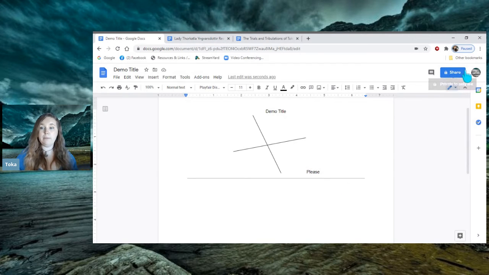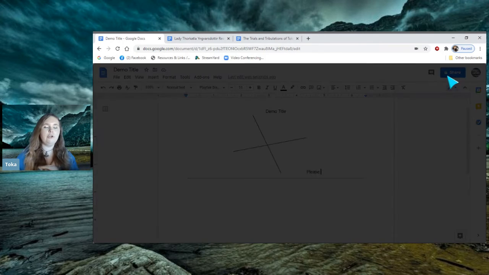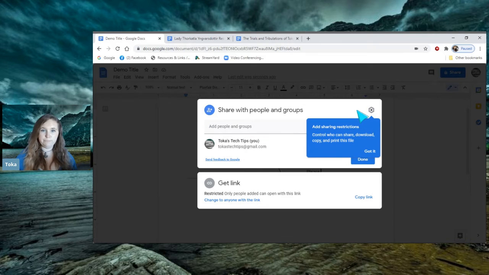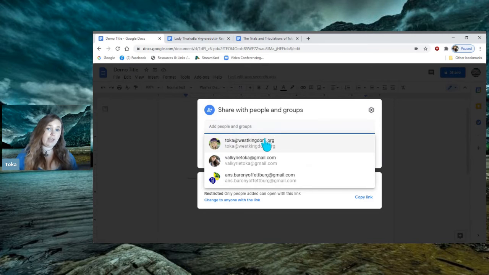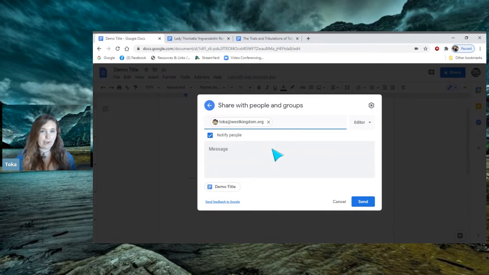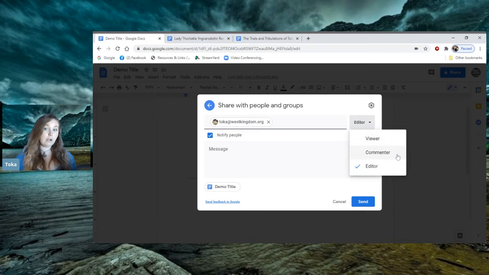So it will be a big blue button for Google Docs. Right now, when you hover over it, it says private to only me. There is a lock there. So our brain goes, oh, I'm the only person who will have access to it. No one else will be able to view it. If you want only one other person to view it, you can add that person. Let's just say I want my West Kingdom account to be able to access it, but no one else. I would send it to their Gmail account, and then I can choose, can they view it, comment on it,